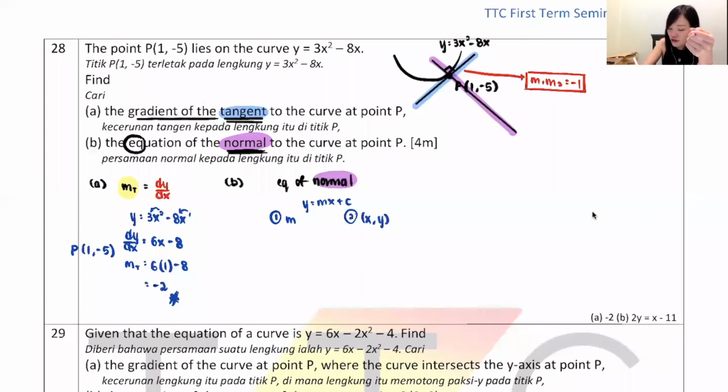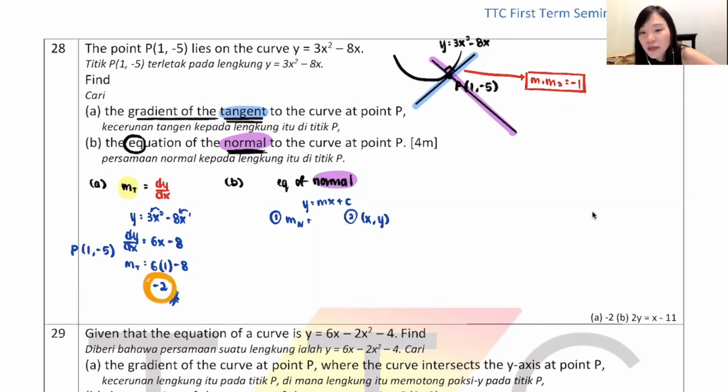But remember, bear in mind, now you want to find equation for normal. That means you need to have gradient for normal. Guys, is gradient normal dy dx? Is gradient normal dy dx? Very good, Jason, Kira, Jashan, Yiwen, very good. No, my dear, remember only gradient for tangent, gradient of curve, gradient function is dy dx. Gradient of normal is not dy dx. So how do we find gradient normal? That's why I say the son very much depends on the father. So the father gradient is what? Just now we already found out that the gradient tangent is -2. So guys, if gradient tangent is -2,